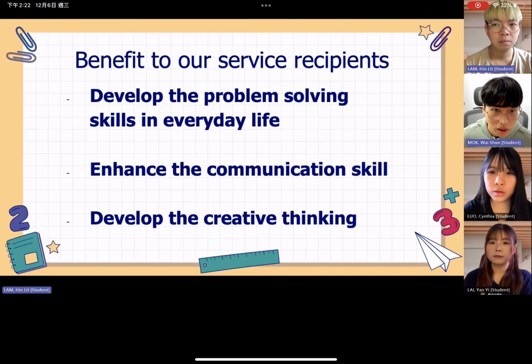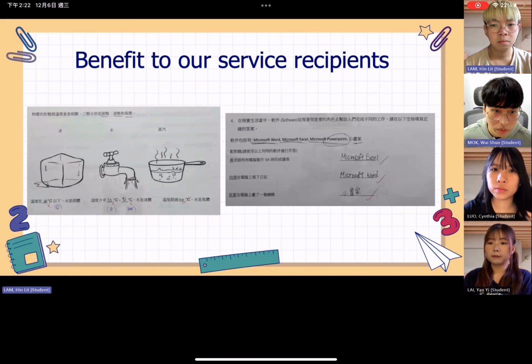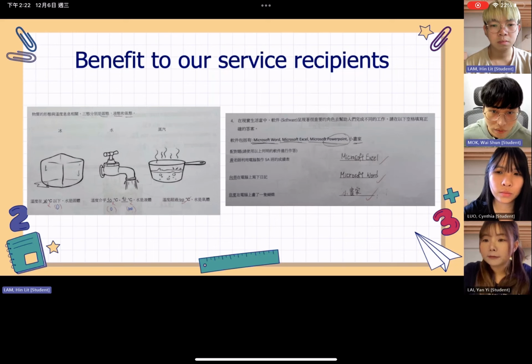Next page. Concerning the benefits to the service recipients, STEM education can enhance several areas for them, which are developing problem-solving skills in everyday life, enhancing communication skills, and developing creative thinking. Next page. In our workshop day 1, we emphasized the practical application of knowledge and skills to real-world problems. It can help the service recipients understand the relevance of STEM concepts in everyday life,